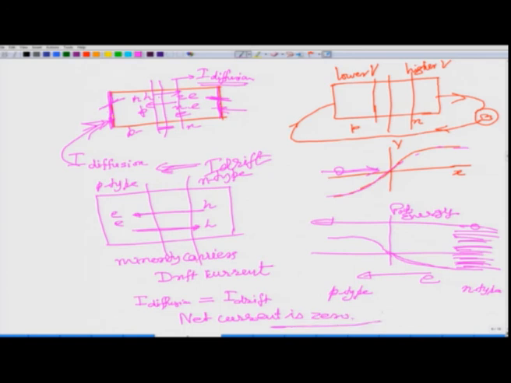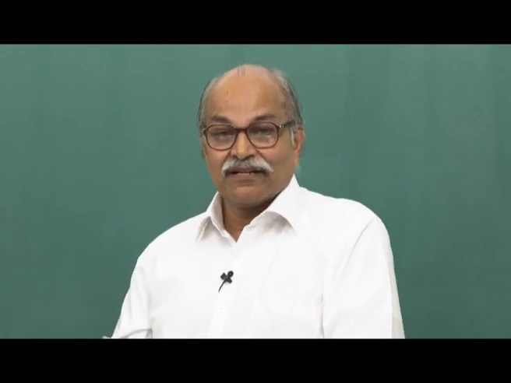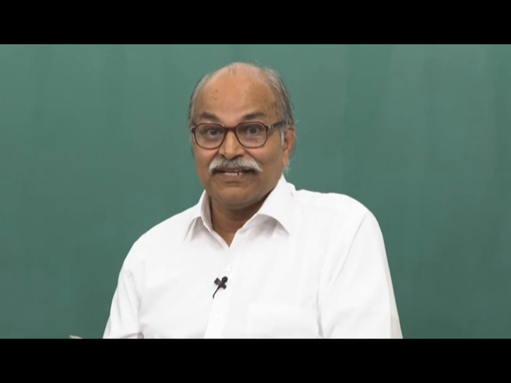So, this is when we have not added any circuit, we have not added any cell, any battery, any voltage source, any resistance, nothing. This p-n junction is just lying in the almirah. Even then the diffusion current and drift current are going in different directions, the activity is on, it is not